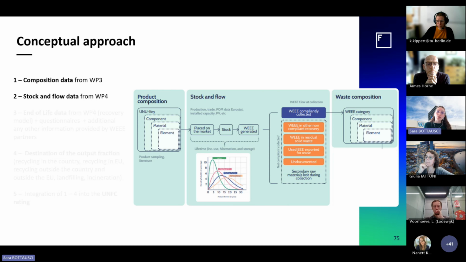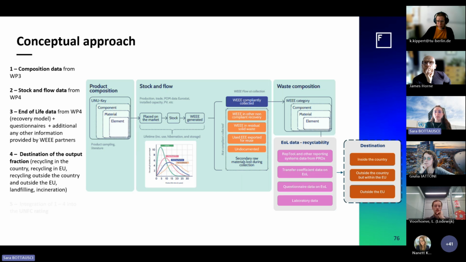Within the stock and flow model, we were focused on the e-waste generated, and from that we extracted the amount of e-waste that was compliantly collected. Because from the amount of e-waste compliantly collected, we have linked it to the end-of-life scenario. And so at that stage, we were able to account and quantify the output fraction generated from the treatment of those e-waste collection groups that we identified at the beginning.